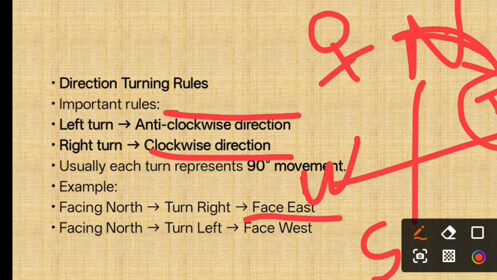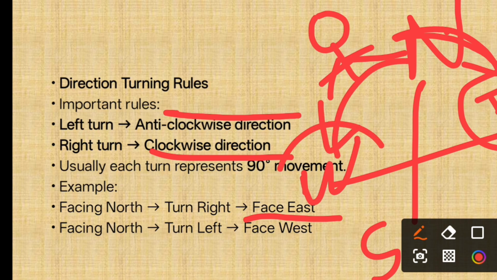For example, the person is facing the north. Person facing the north means person standing in the north direction or facing the north direction. Okay, so if the person turns left, the person is facing the west direction. Okay, after that